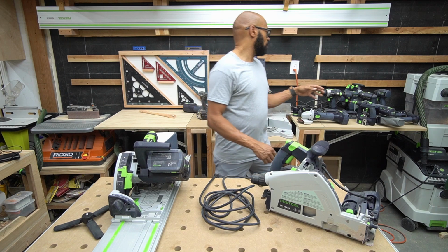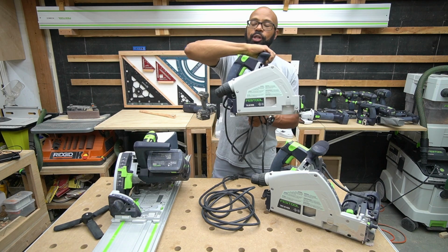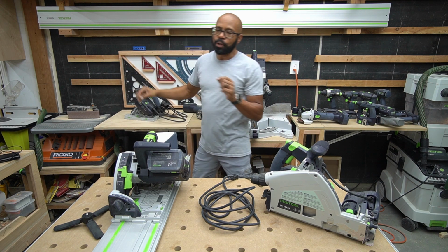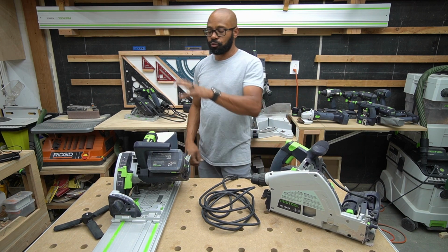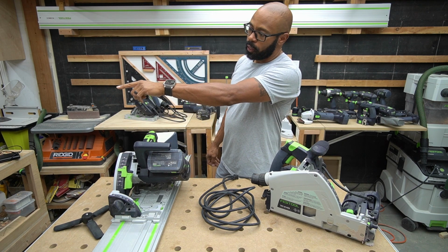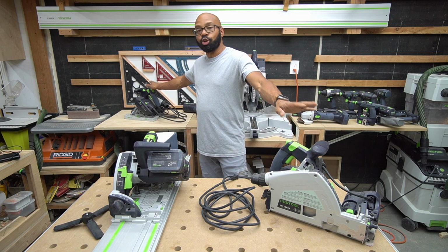Now, obviously back here I have the TS60 as well. So this is also a hardwired saw. You can also get a laminate cutting blade for that. And that's probably a video that I will do in the future, where I will buy the laminate cutting blades for this particular saw, which is 1.8. Maybe I'll get one for the Ryobi 2.2 kerf, and then also put laminate cutting blades on these saws,